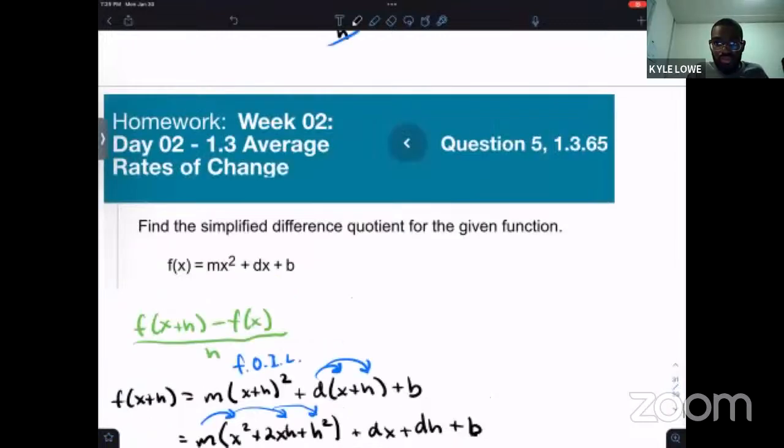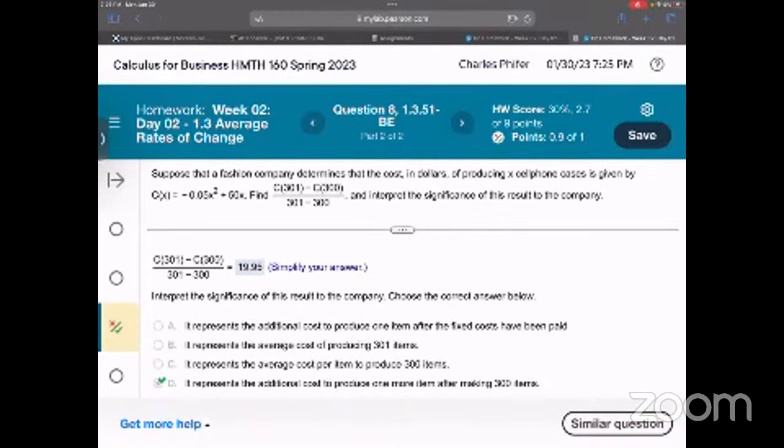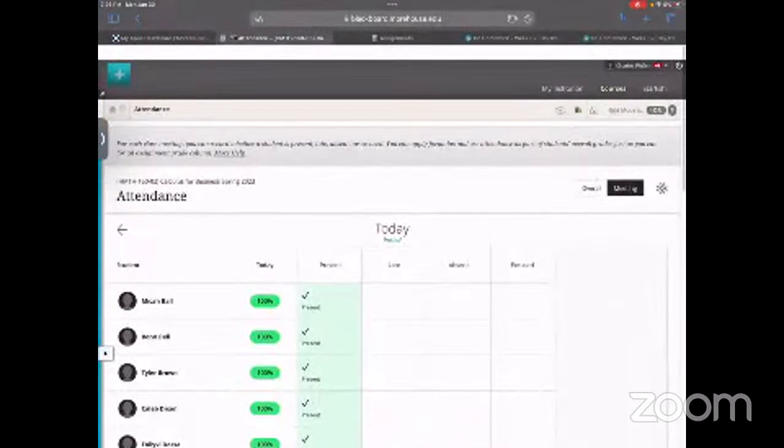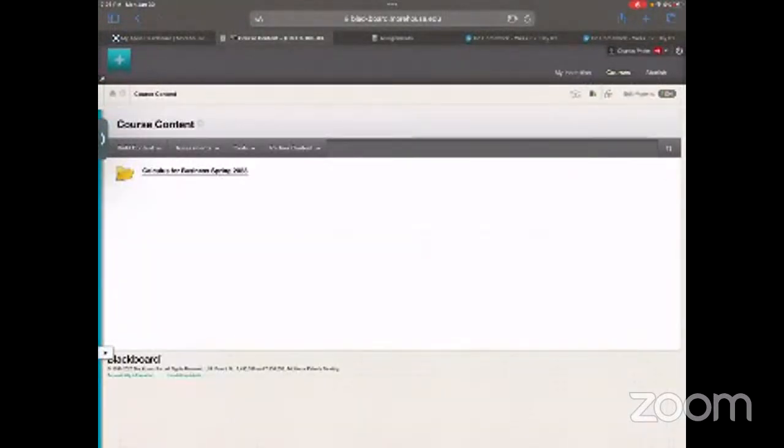Professor, do we go to Blackboard to subscribe to your YouTube channel? Yeah, you can. If we go to Blackboard, I didn't want to show our stuff. Let's go home. So when you log in, it'll look like this. You open up the main folder, and at the bottom, the YouTube is there. It should take you directly into a playlist of the old recordings. And I try to update it with the current ones as well.